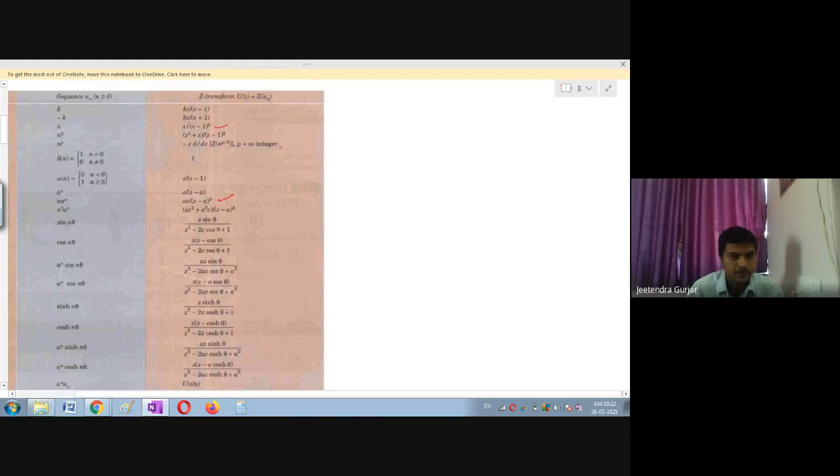This will become n square. N square this is. But we don't know how to change this minus 1 it is. Here we don't have minus 1, no. You are right. Z transform of n square you are going to get this is z divided by z minus 1 square. You are right, beta. But here you can see this must be 1. Am I right? This term must be minus 1.